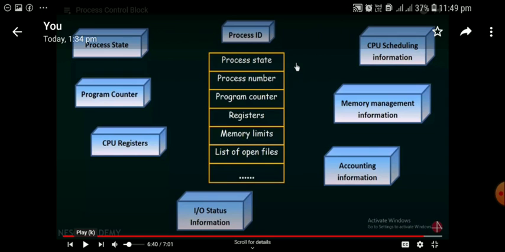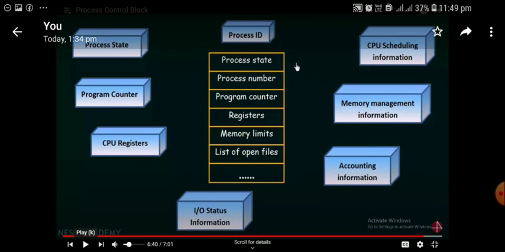For example, if I am working in an Excel file, how much memory the Excel will occupy, what is the memory size, how long it will execute in the CPU. Okay, that is the burst time. So these details are calculated under the accounting information.